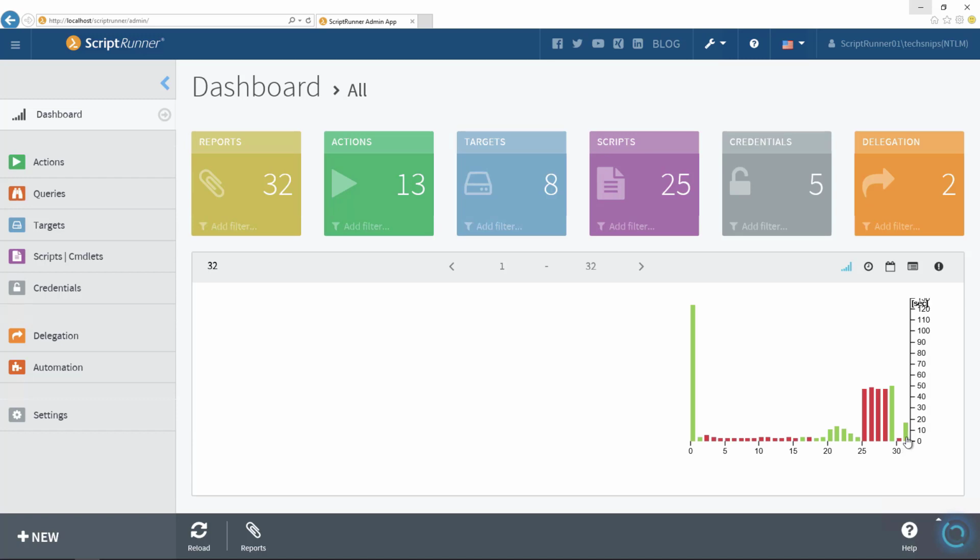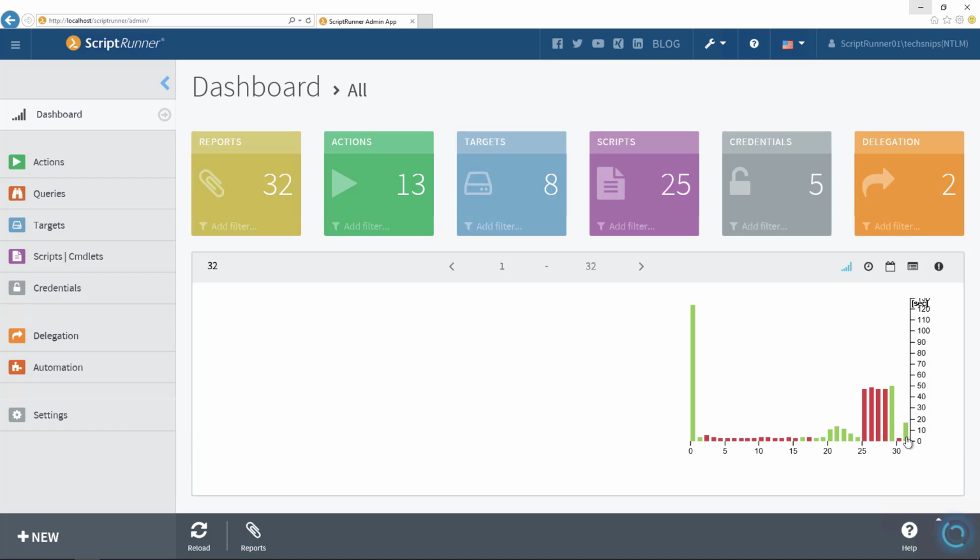All right, so ScriptRunner has this dashboard, and it has a timeline here, and you can see that I had a few failed runs. So the red bars are my failed runs, and the green bars are my successes. Notice that this latest one, which is the green bar here, took around 20 seconds. You can see the scale starting from 0 all the way up to around 110, 120. That's how many seconds the scripts actually took to execute.